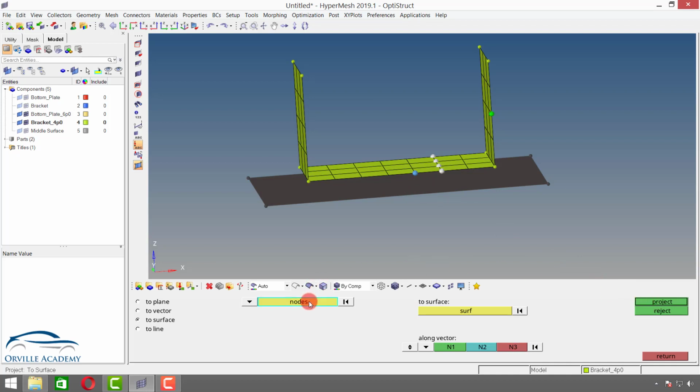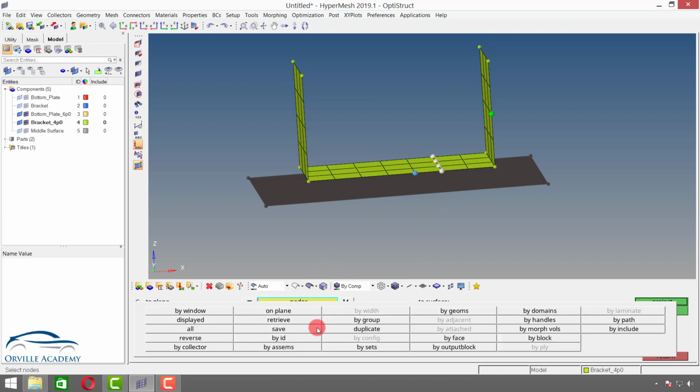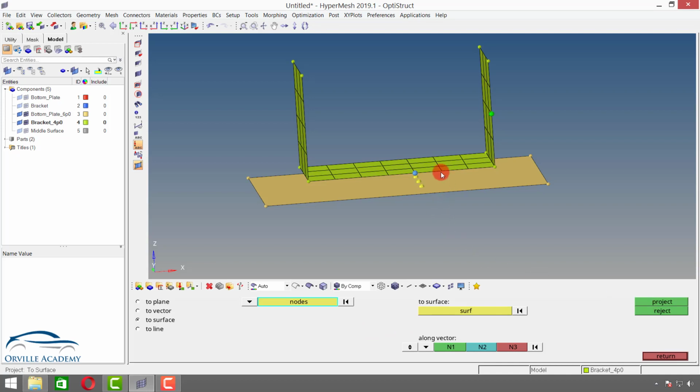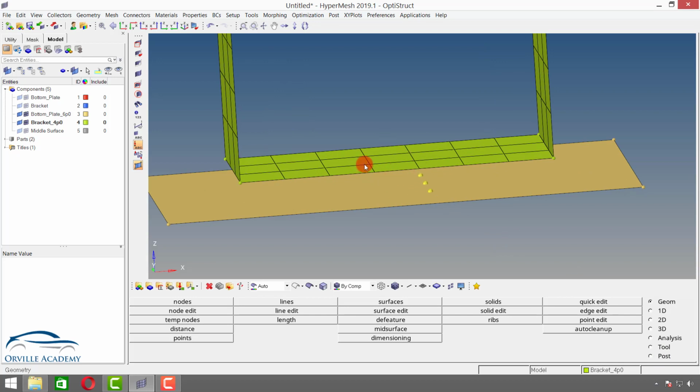Now here we have to say nodes and duplicate, otherwise elements will get distorted. So let me say duplicate and then say project. You can see these nodes have been projected at this location. Now one of the important uses of projecting nodes is when we create bolts. In case of bolts, whenever we create a bolt using the 1D beam, it is generally recommended that the beam has to be straight. Otherwise the section force on the beam would not get calculated properly. In that exclusive case, we have to project the upper node to the bottom and then we have to align it.